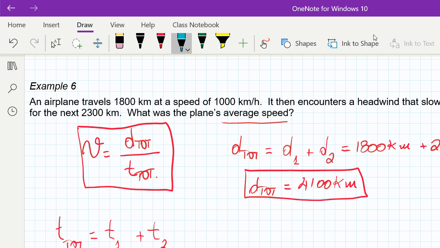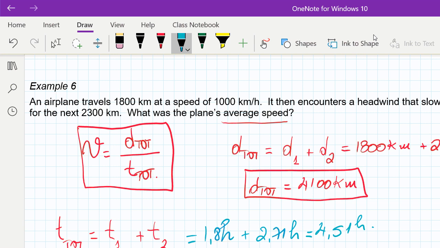And again, kilometers cancel out, and then we will have 2.71 hours for the second part of the motion, which will give us the total time as 1.8 hours plus 2.71 hours equals